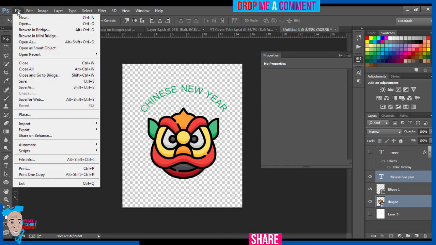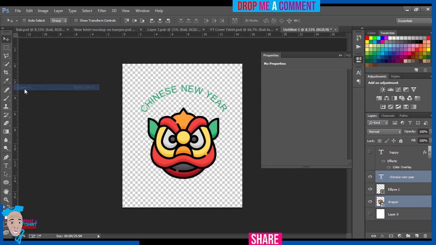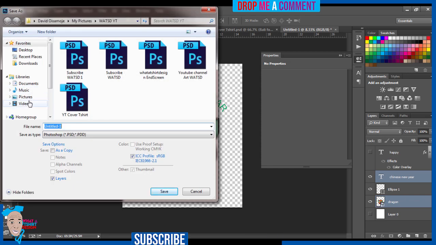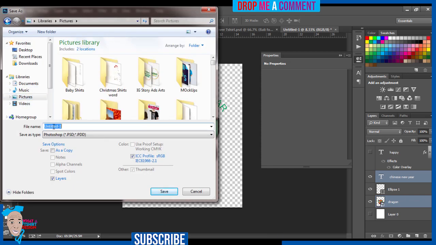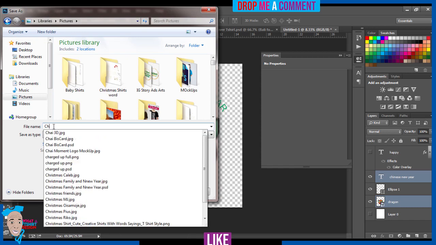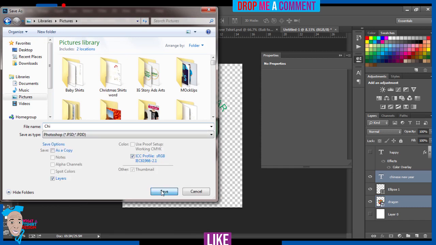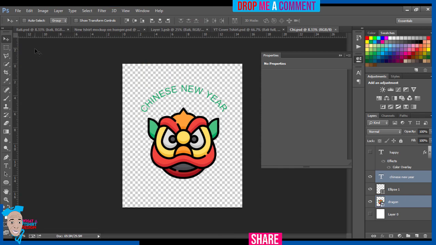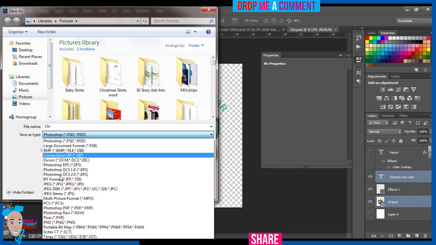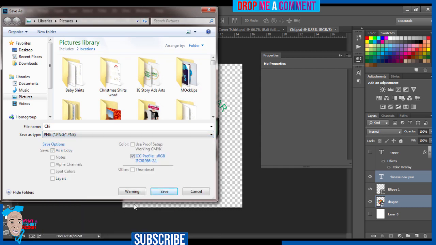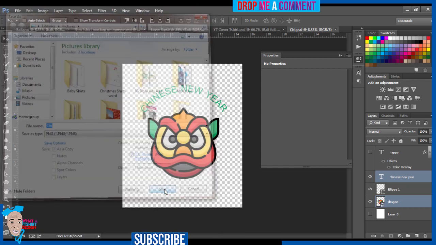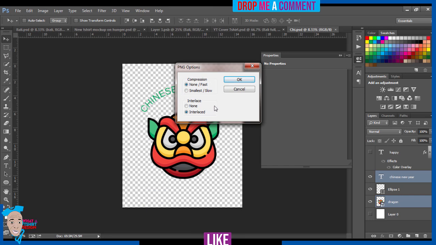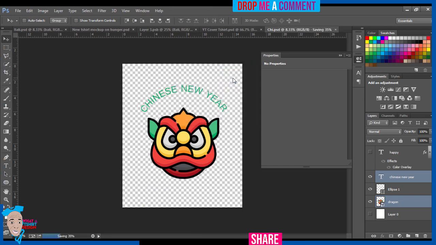layer and I'll save it as pictures. Save it. Save this again. I'll save it as PNG because I'm transferring it into my shirt. So I'll save it as PNG. This is my best setting, so just save it. Now that that is saved,